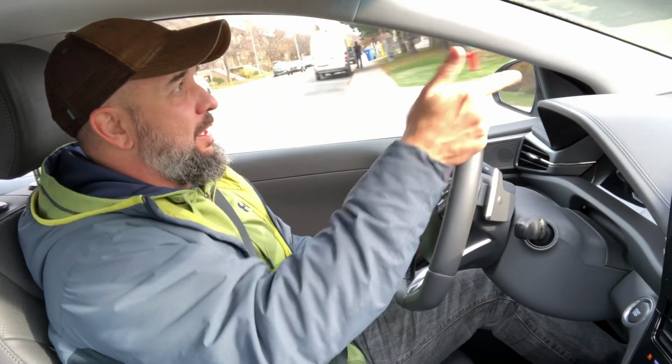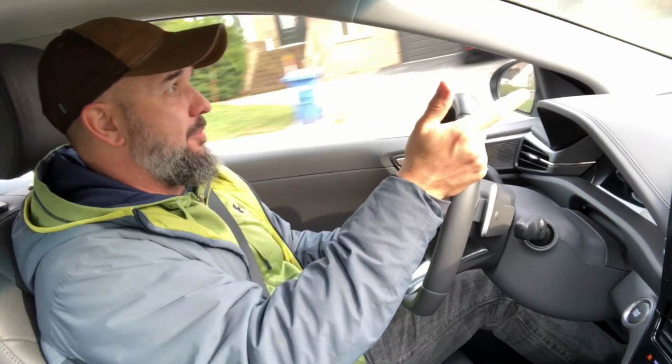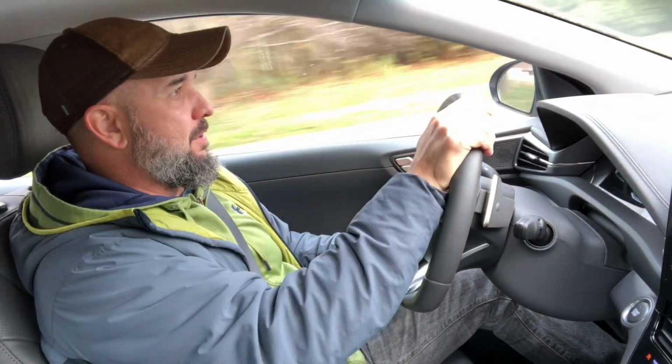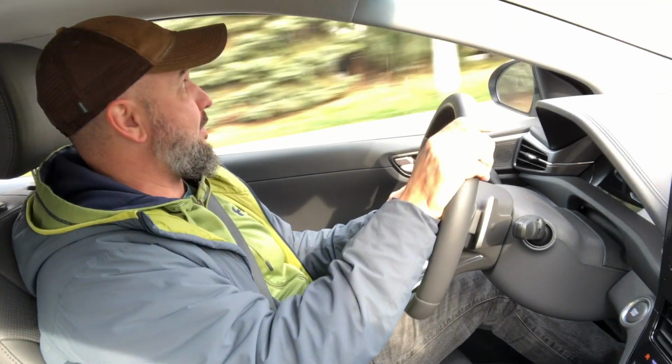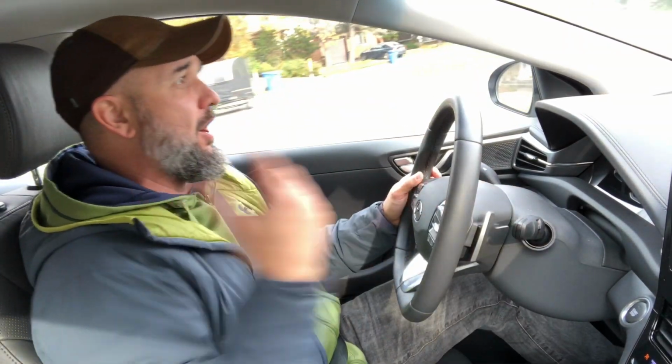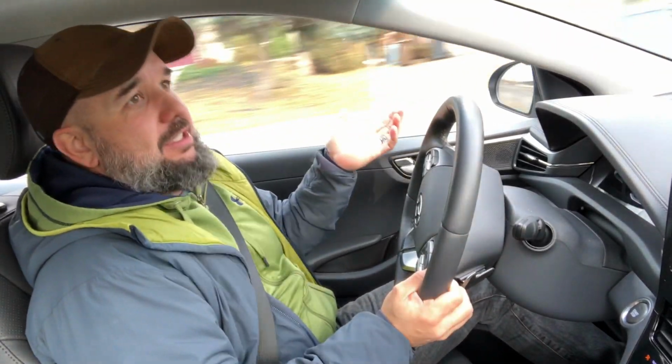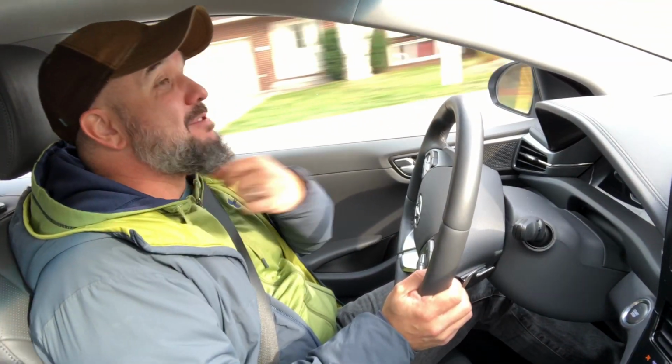Specs. So, 100 kilowatt electric motor up front, which produces the equivalent of 134 horsepower, 218 pound-feet of torque. So as always, lots of torque off the line. So it feels very quick, but it's not fast by any stretch of the imagination. But again, how fast is your Elantra? Okay, unless you have an Elantra Sport, for example. But anyway,